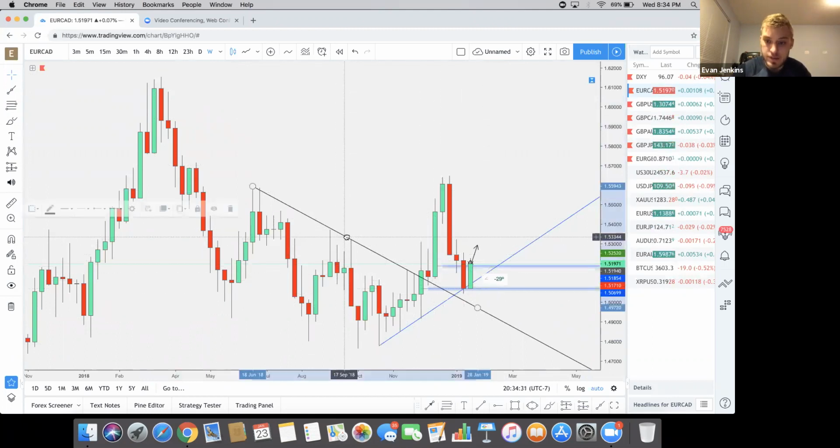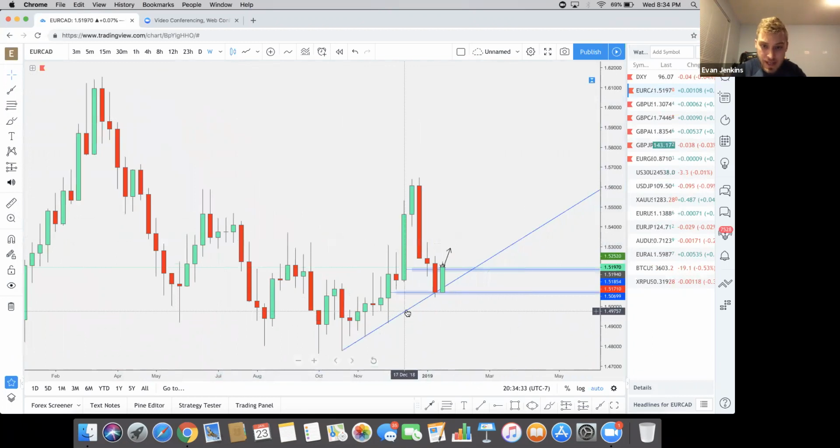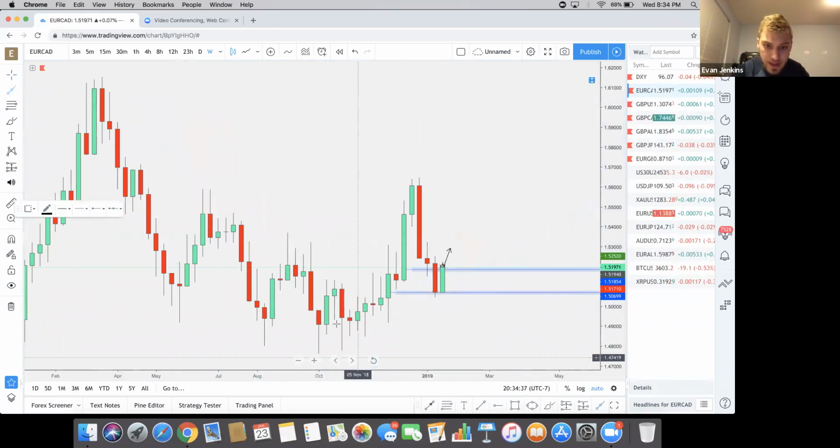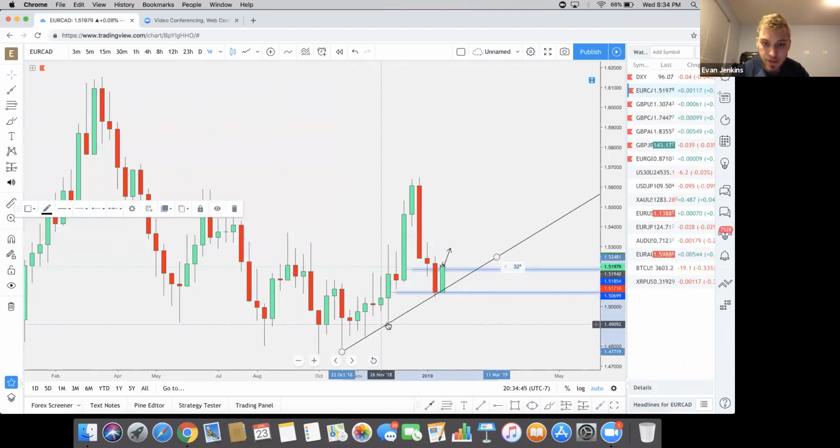So since it's broken, I drew this daily trend line. I'll redraw this so you guys can kind of see what I'm looking at. So I drew it from this point to that point right there. So I'm getting this wick, and we also got this little rejection right here. And then look at this candle, this rejection candle that we're getting right here. So this is still the weekly time frame. Let me step out to